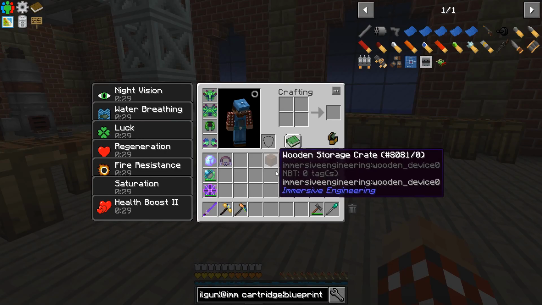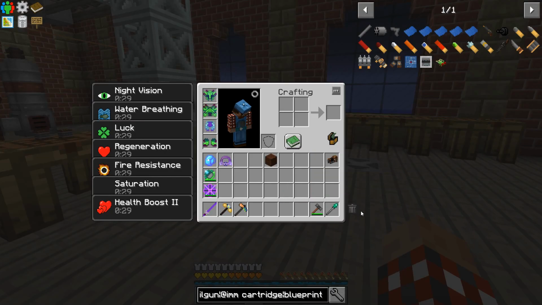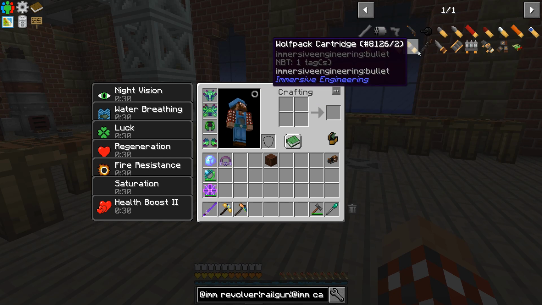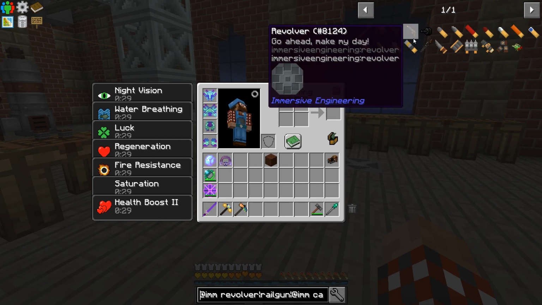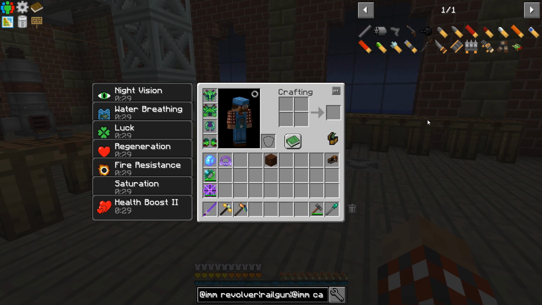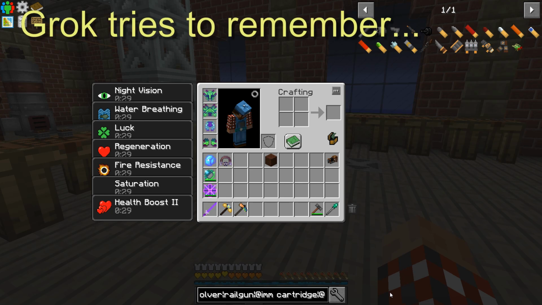So let's go ahead and take a look at some ways of, oh, I can take blueprints off. Some ways of throwing types of pointed sticks at people. And so we're going to look at three devices here: the revolver, the railgun, and the one I don't have listed up. Let's go ahead and put up that. It's the